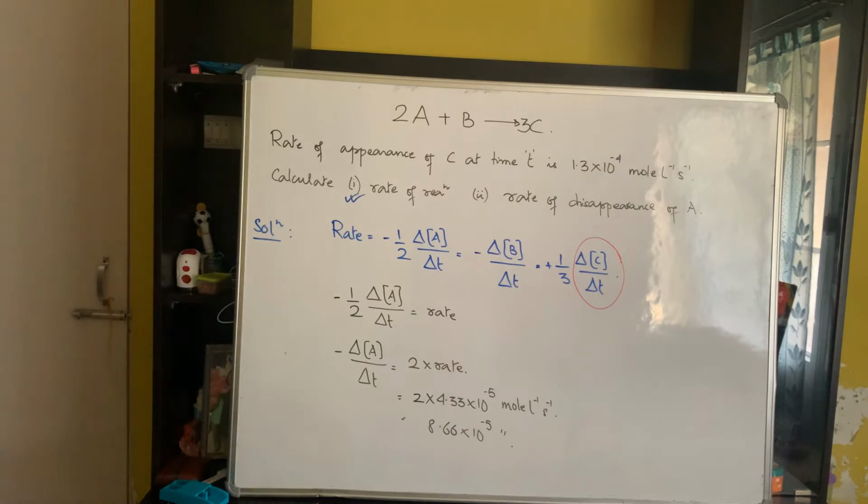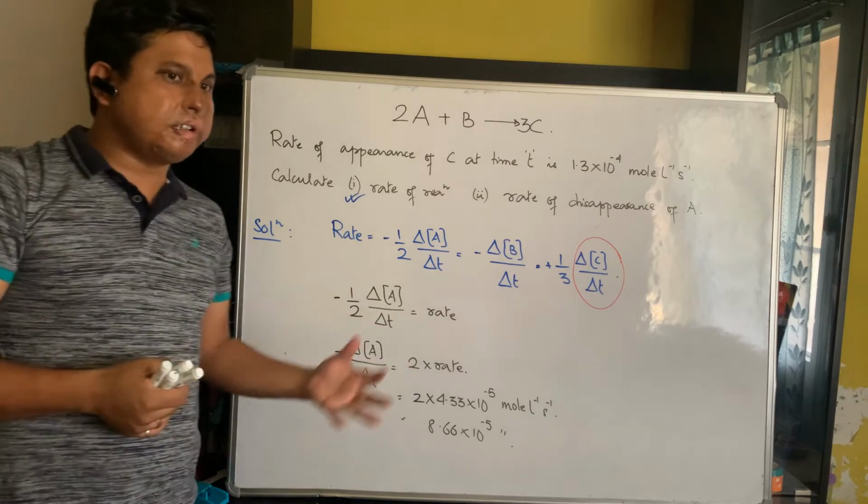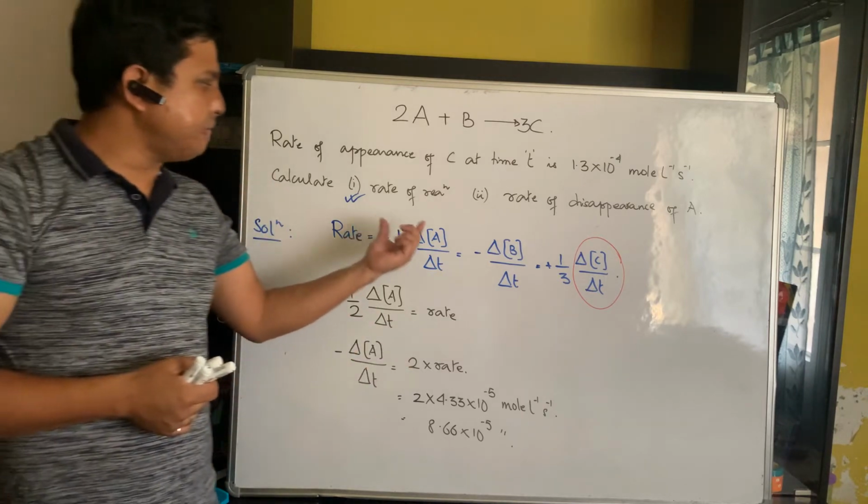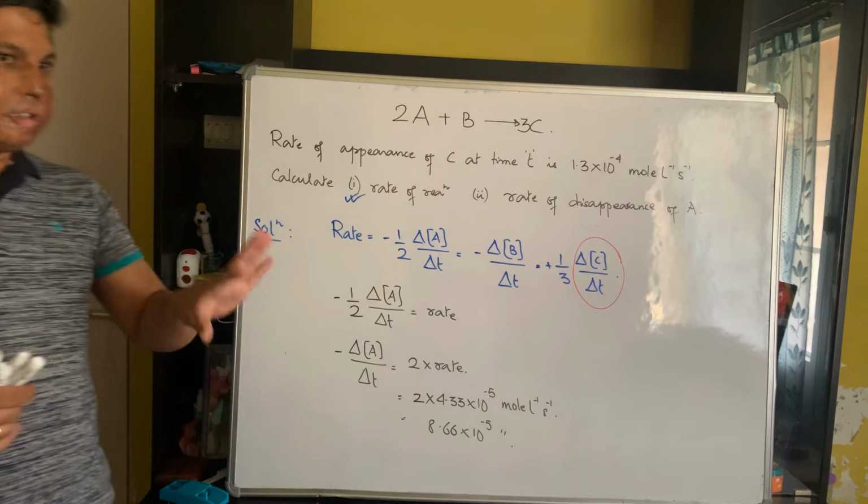So these are really simple questions, and the best part is that this type of question does tend to come in board level exams. So practice a lot. We just need to express the rate in terms of concentration of reactant and product, and this concept should be clear.